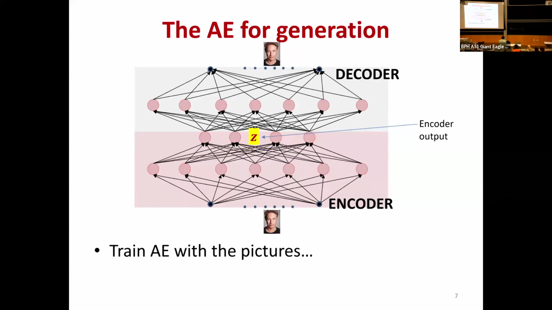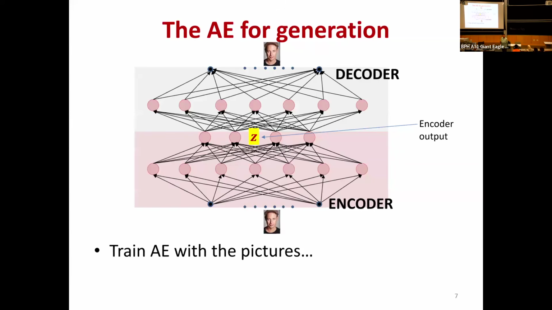Or if I want to now use the same mechanism for drawing pictures of faces, I could train an autoencoder on lots of face images. And then I can use the decoder. If I do it right, the decoder is going to learn the manifold of all faces, the small section of the space on which faces lie. And then when I excite the decoder, it's going to generate something lying on the face manifold. And this is what we are going to be able to use.